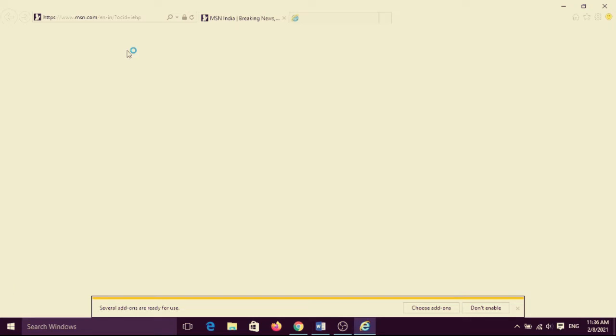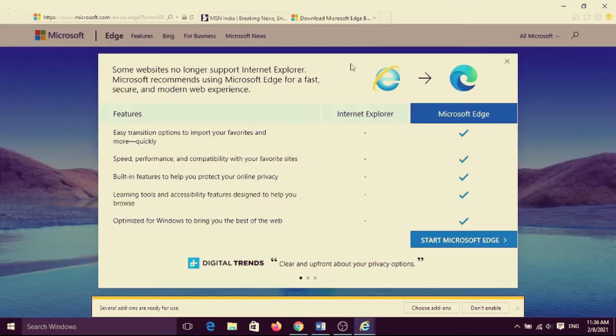Now you can see here it is by default the Microsoft company. Both are Internet Explorer. It is an updated version of Microsoft Edge. Both are the same, with advanced features in this. The logo has changed.